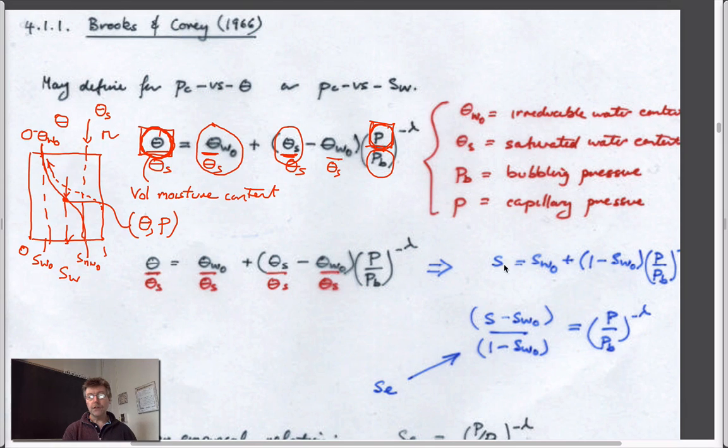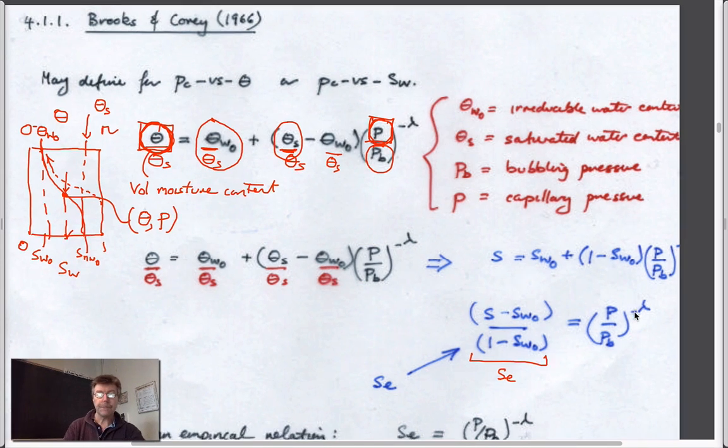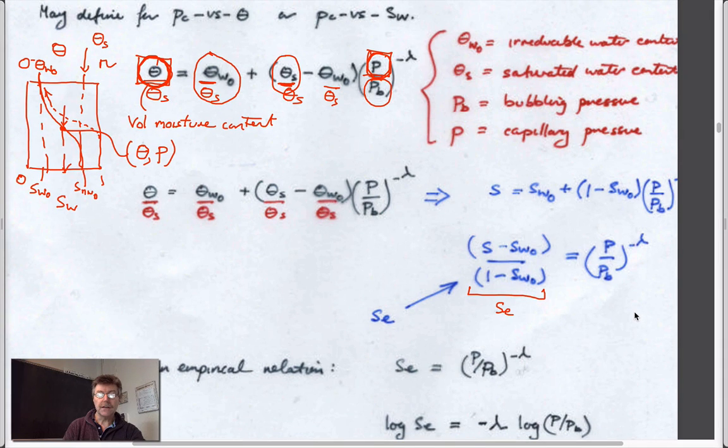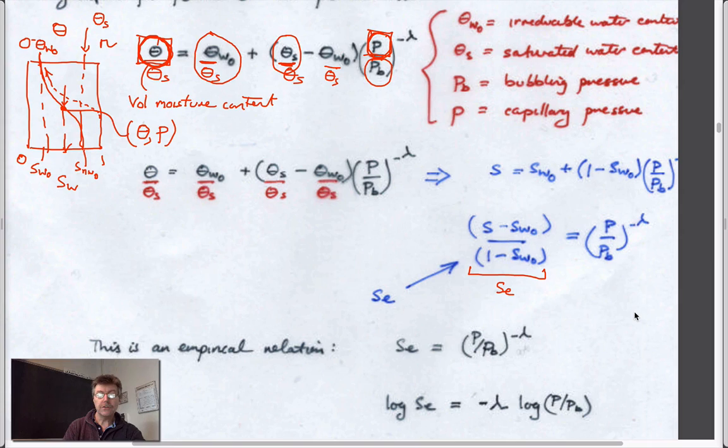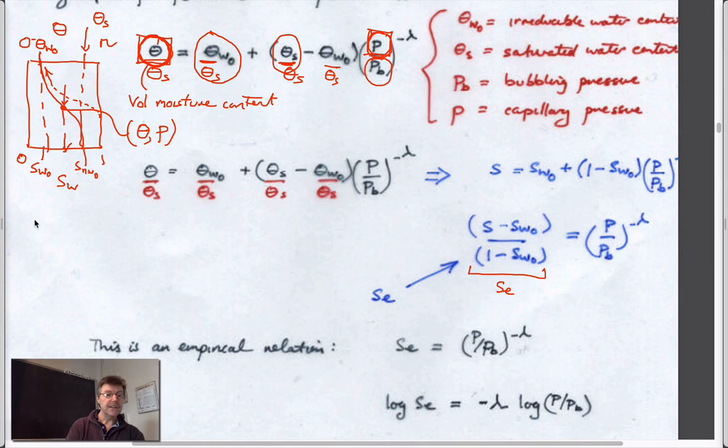If you manipulate it to get to this, you end up linking what's referred to as an effective saturation to whatever pressure your aquifer is at, the bubbling pressure, and a gradient. And if you like to think of it as such, then I think you could think of basically, the explanation of this is to